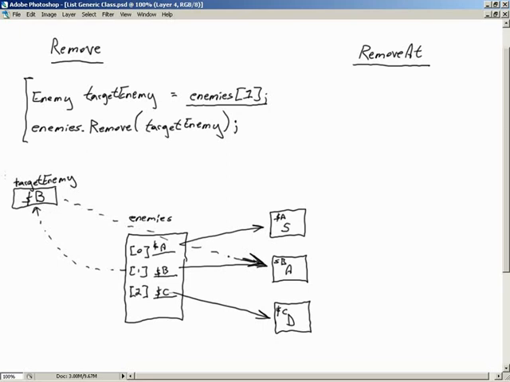And then I'm going to turn around and I'm going to call upon enemies, and I'm going to send that targetEnemy into its Remove method. So it knows, okay, it's got targetEnemy. Well, targetEnemy holds that reference over here to $B, so it knows to go through itself, locate, ding, ding, ding, ding, ding, $B, remove that reference, and everybody else closes up. So $C,